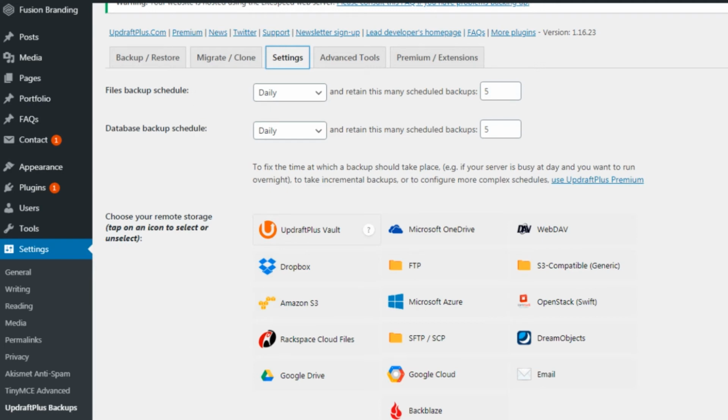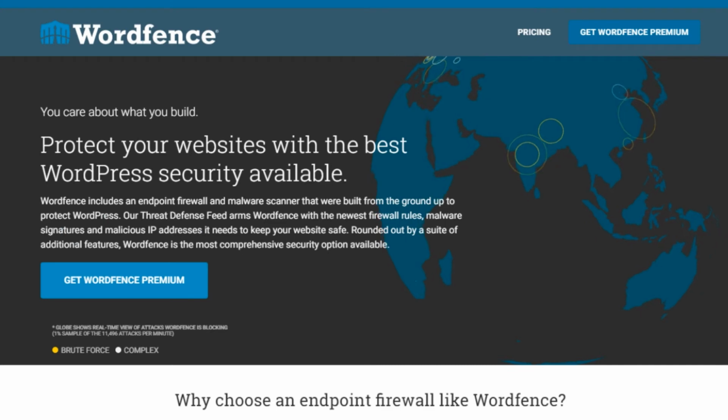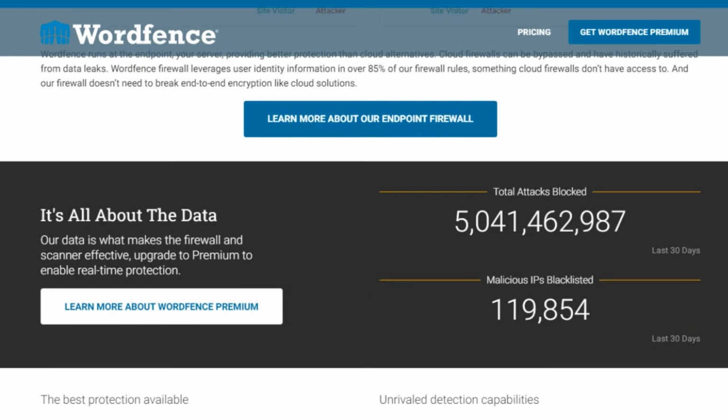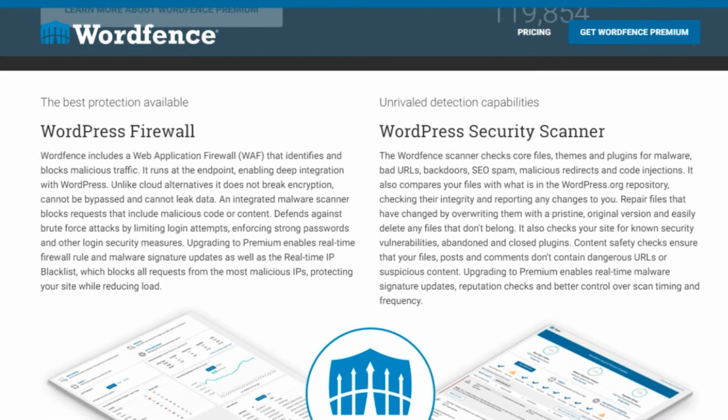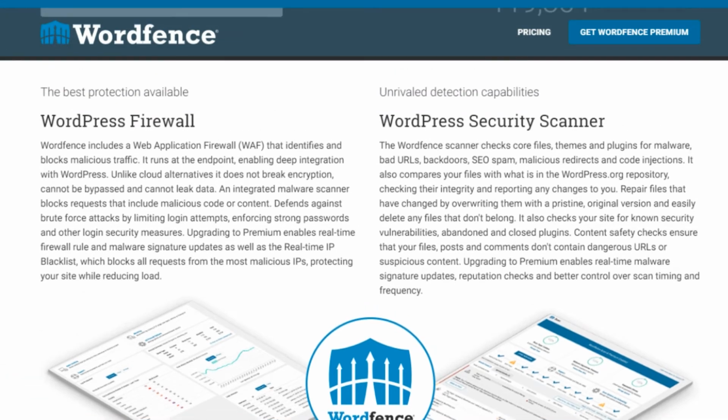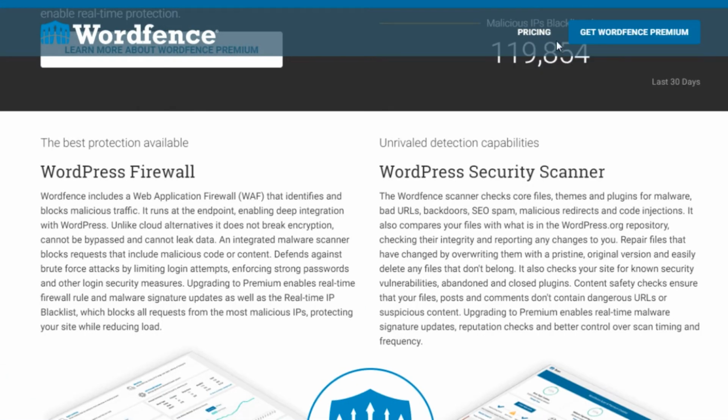Now, in terms of security automation, because you really don't have time to do any of that, most security plugins are automated, so you don't have to worry about that. But the one that we recommend the most is called WordFence, and that is located at wordfence.com. And you can download this. They have a premium version, and I believe they have also a free version. The free version really can only do so much, so it just makes sense to have the premium version. So if we click on pricing here,